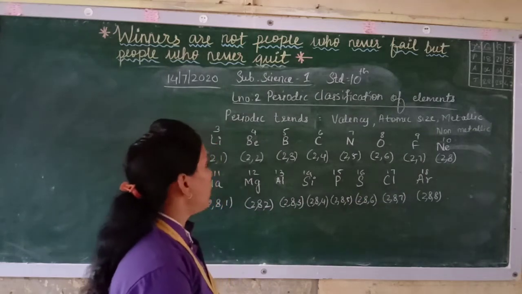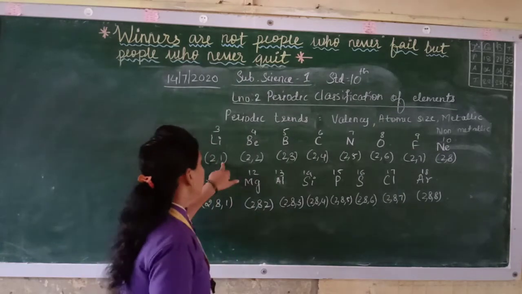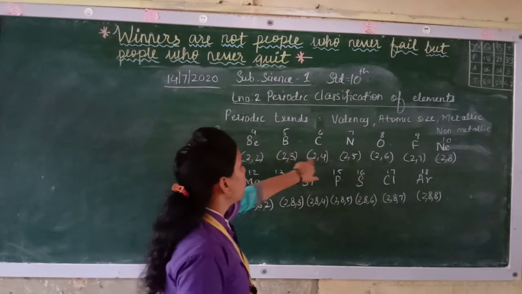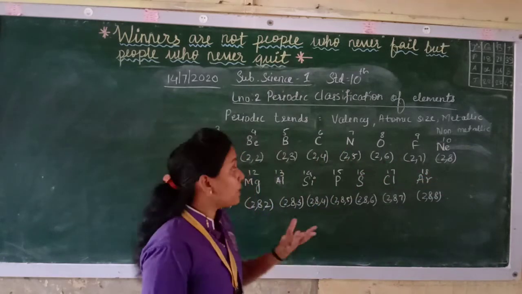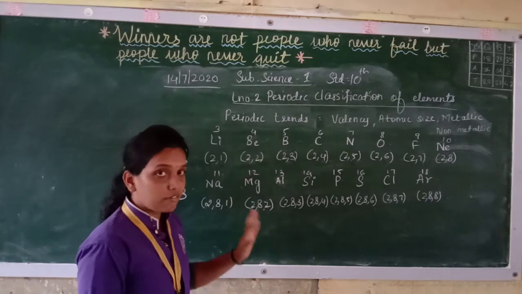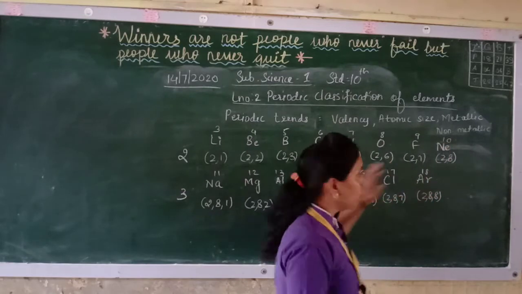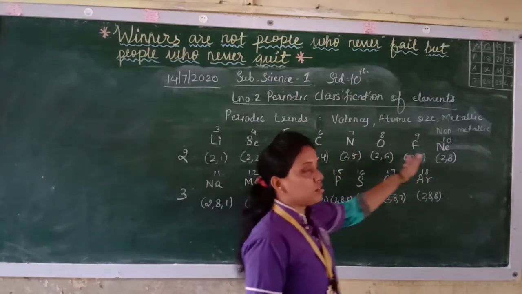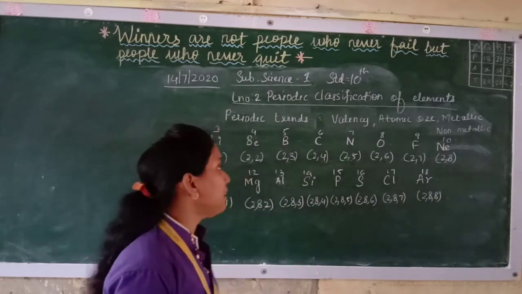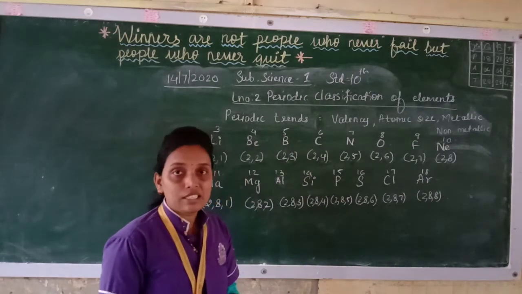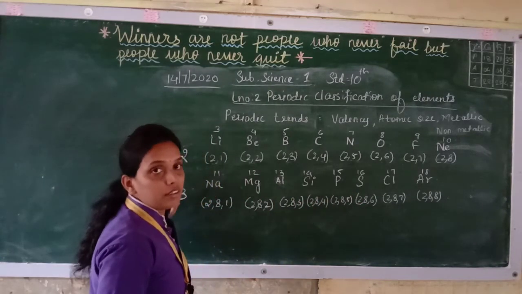And the number of valence electrons is also increasing. Not valency, valence electrons. Valence electrons 1, 2, 3, 4, 5, 6, 7, 8. These are valence electrons because they are present in the outermost shell. Valency is different. So as the atomic number is increasing, the number of valence electrons is also increasing. So you can tell that from left to right the valency varies. Now this is with reference to periods 2 and 3.